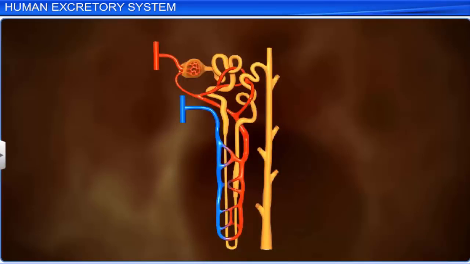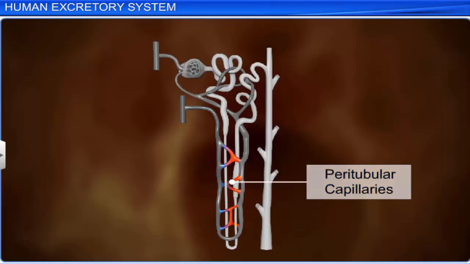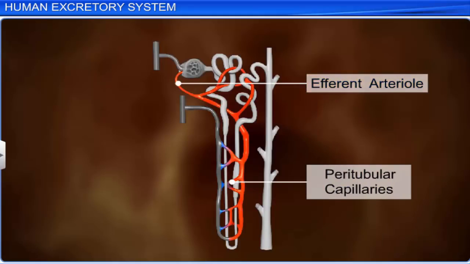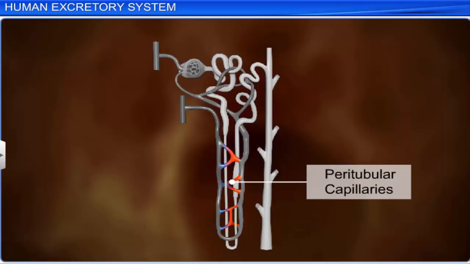Each nephron also has a fine network of capillaries called peritubular capillaries, which is formed from the efferent arteriole leaving the glomerulus. A minute vessel from this network of capillaries forms a U-shaped structure called the vasa recta, which lies parallel to the loop of Henle. They are greatly reduced or absent in cortical nephrons.